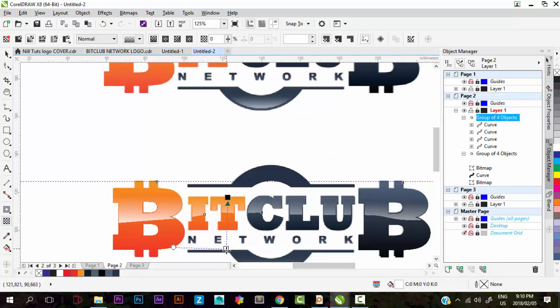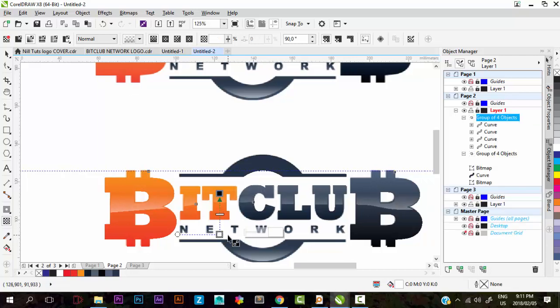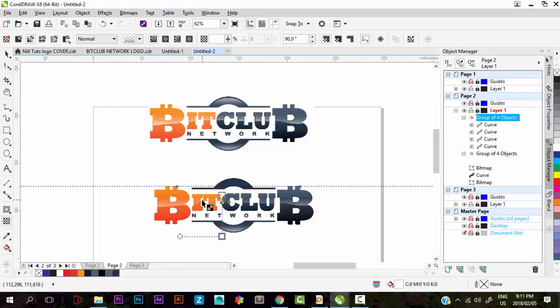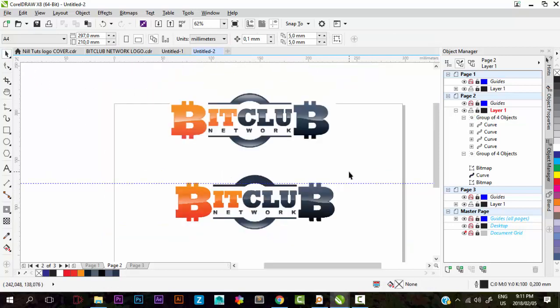So I'm dragging it all the way down a little bit, holding shift and control so that I can move in perfect line there. Just gonna take it down just like that. Maybe go a little bit up to add some more white into the reflection. As you can see,